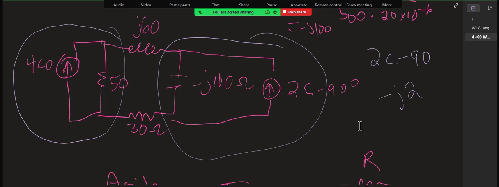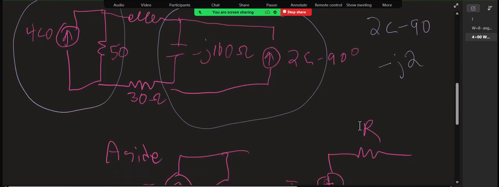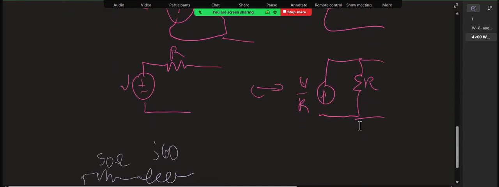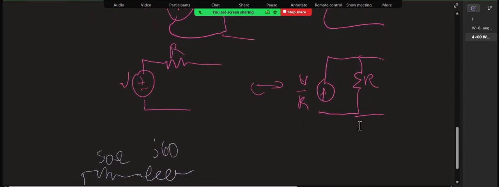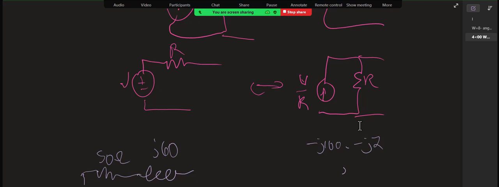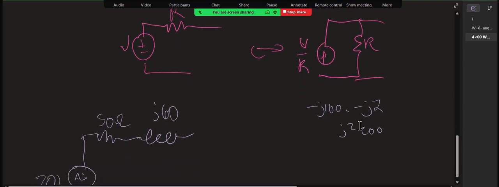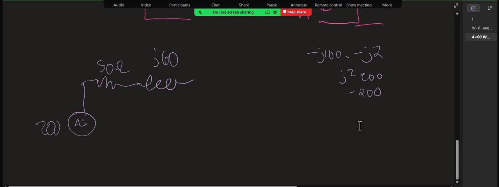So minus j100 times minus j2 is positive j squared 200, but j squared by definition is negative 1, so that's negative 200. So then this becomes a voltage source of negative 200,